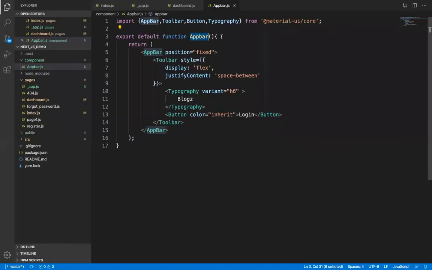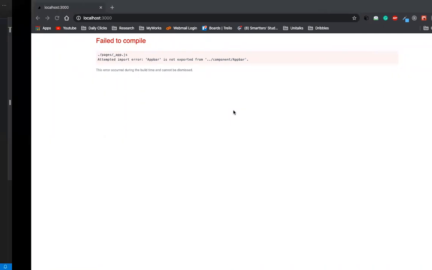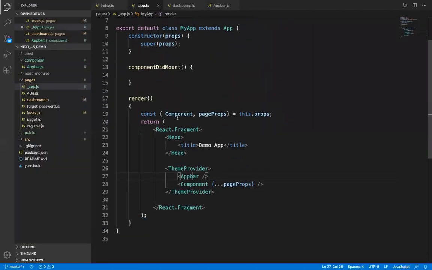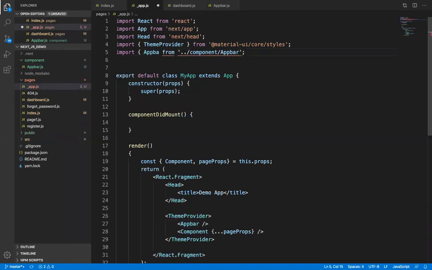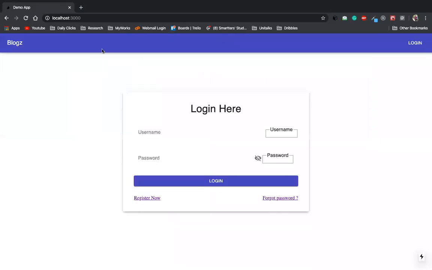Remove footer. Okay. So now the issue is when we attach the app bar inside the app.js, it will be available in all the pages, like the login page.